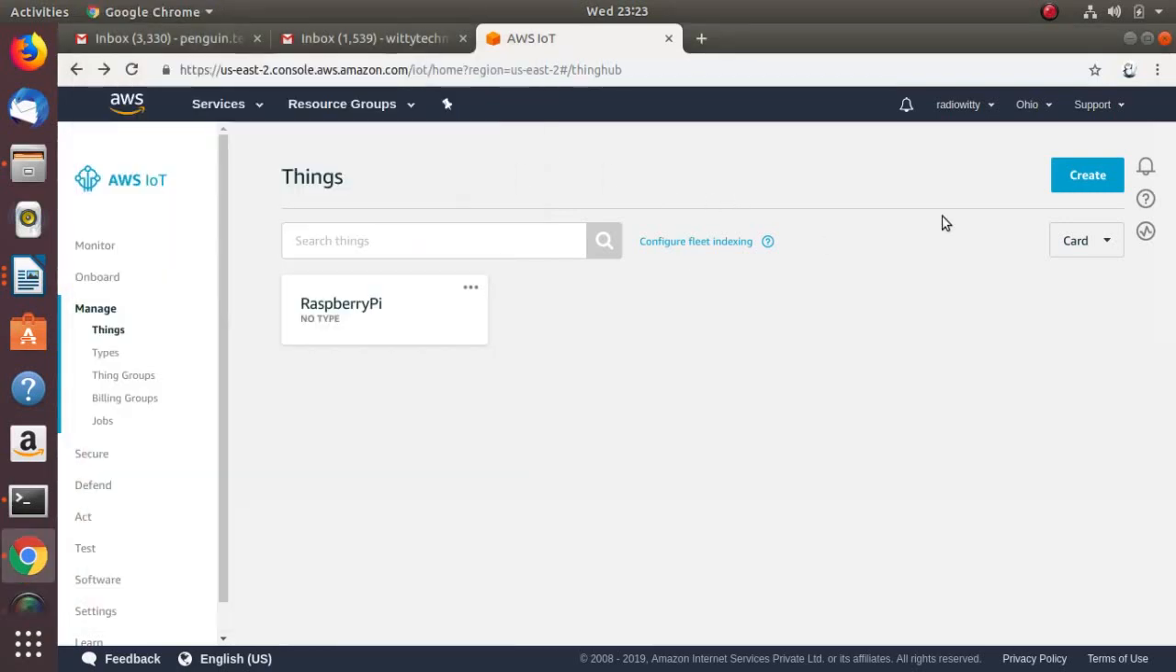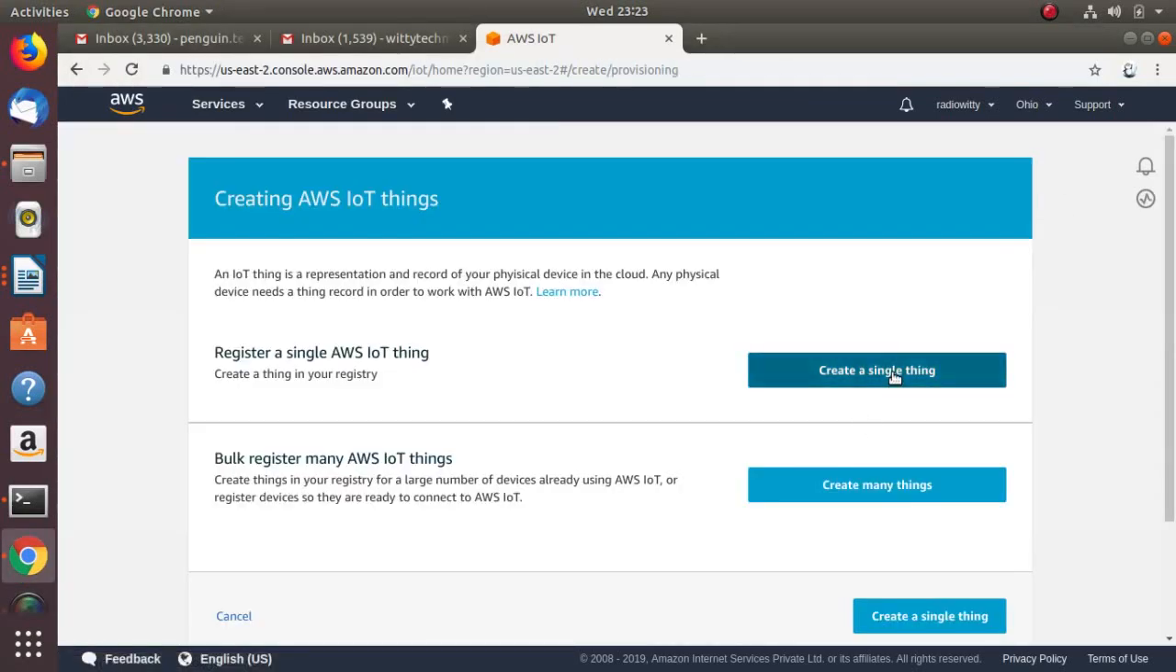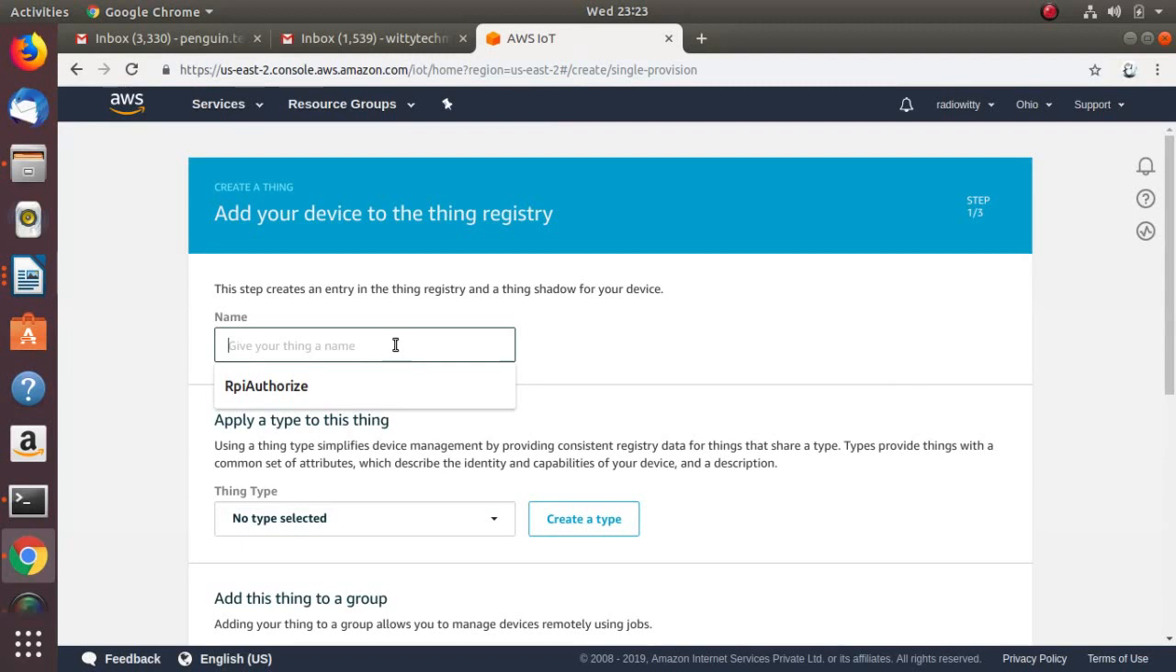Hello friends, in this session I'll show you the whole AWS IoT setup. So I have Raspberry Pi with me, hardware. So on that I have installed